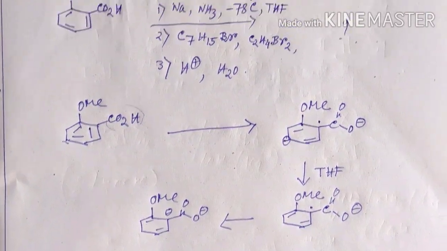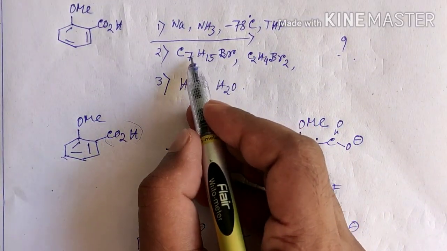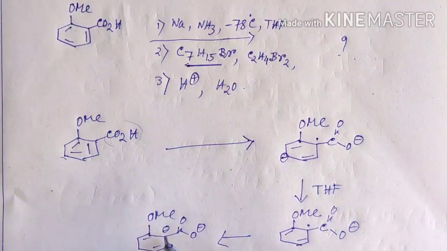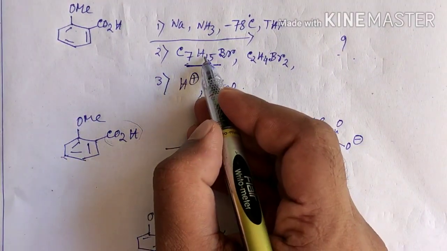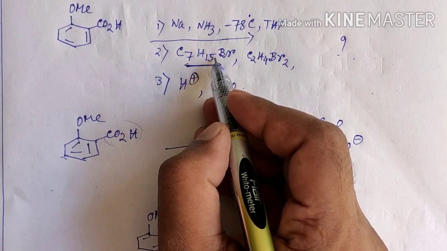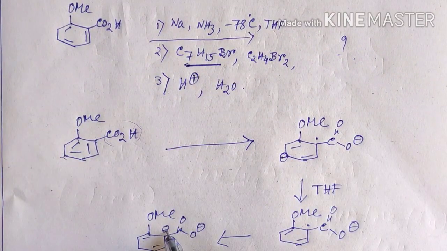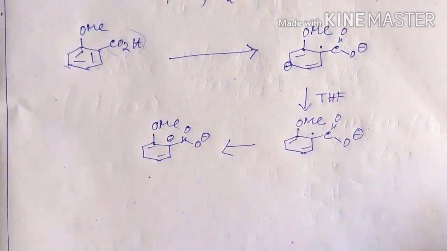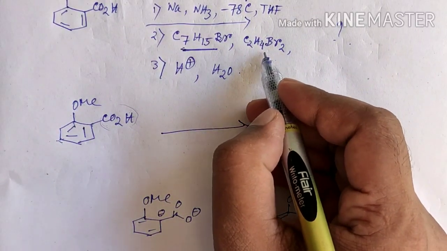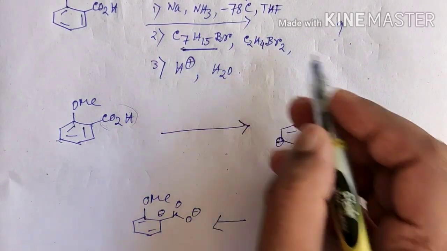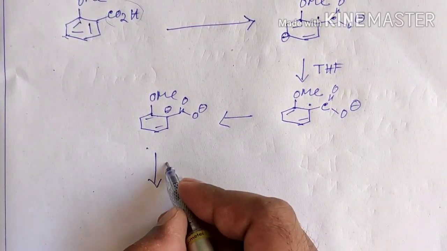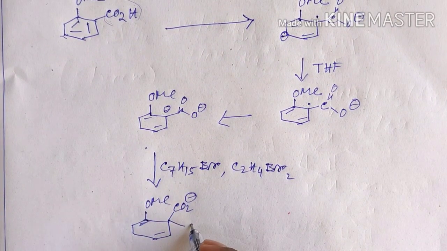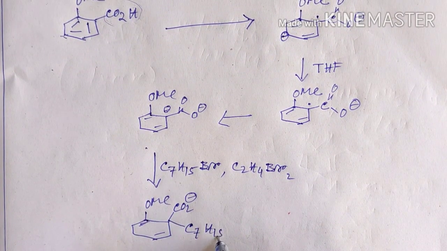carboxylic group. Now, from the given option, you can see that in the second case, since there is a given electrophilic agent, this anion will attack in SN2 fashion at this alkyl bromide group and substitute an alkyl group here instead of proton. Here this C2H4Br2 is dibromoethane. It is the reaction solvent. So the product will be like this.